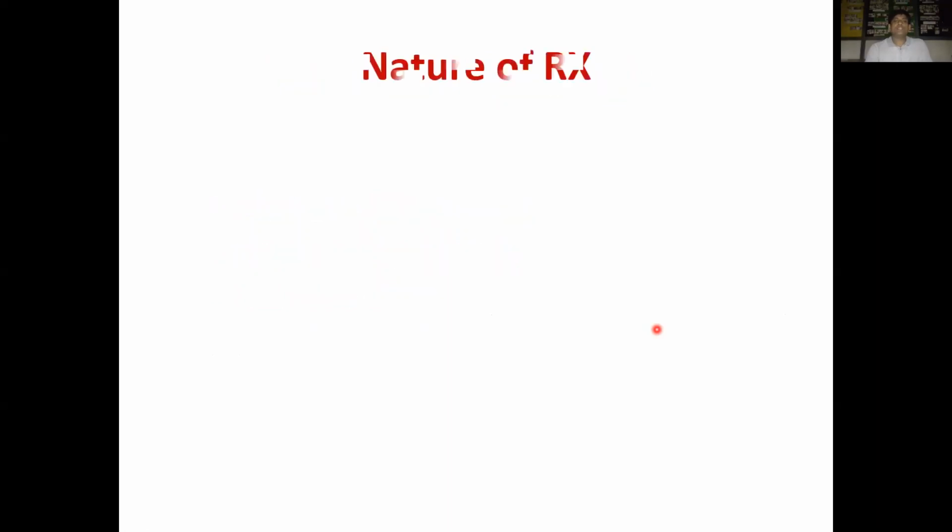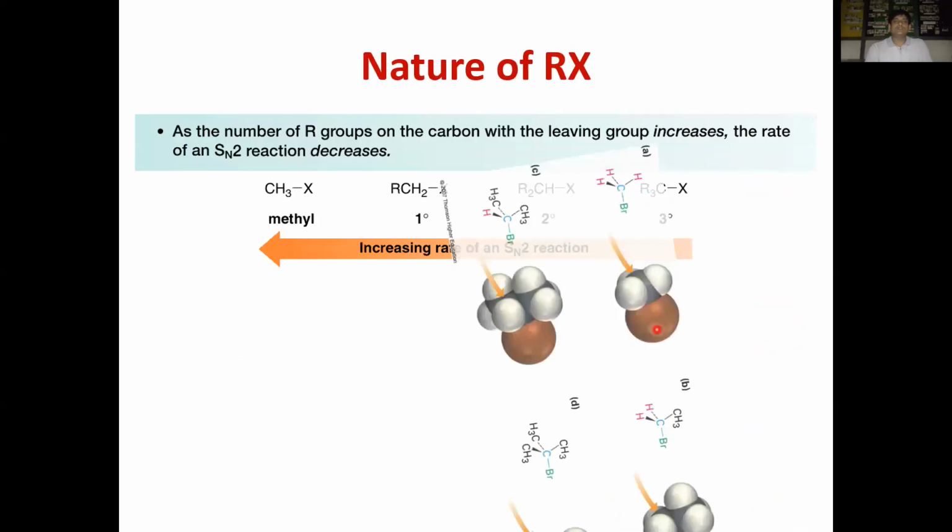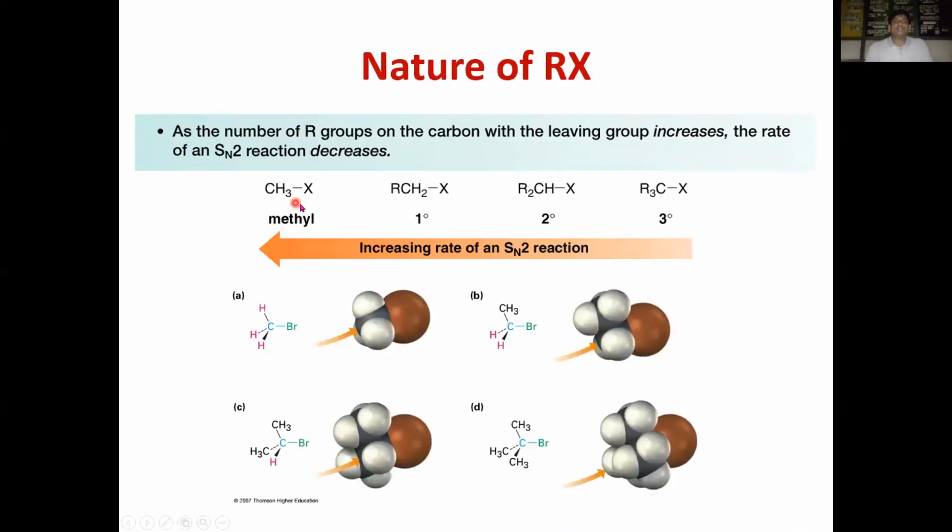Let us take the nature of alkyl halide. If you take the nature of alkyl halide, the methyl halides are very reactive towards the SN2 reaction when compared with primary, secondary, and tertiary. What is the reason? Let us take the reaction center of alkyl halides. At this, you will find three small hydrogen atoms. But in the case of primary, you will find one bulky methyl group, two less bulky hydrogens. In the case of secondary, you will find two bulky alkyl groups. In the case of tertiary, you can find three bulky alkyl groups.